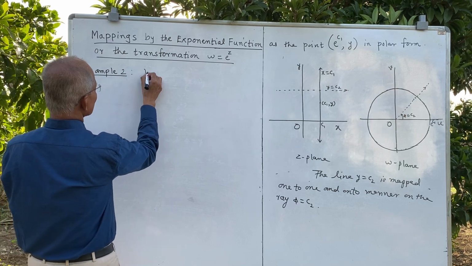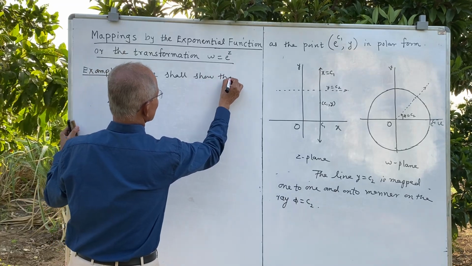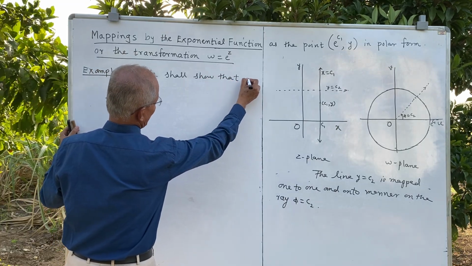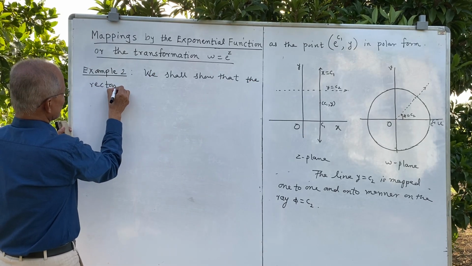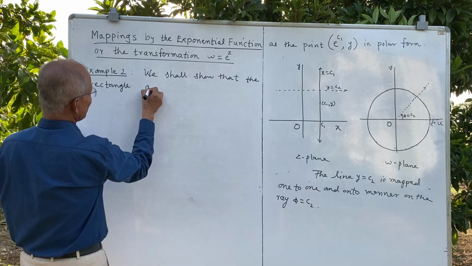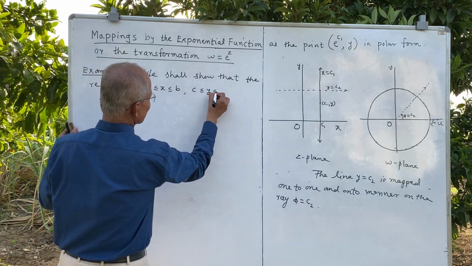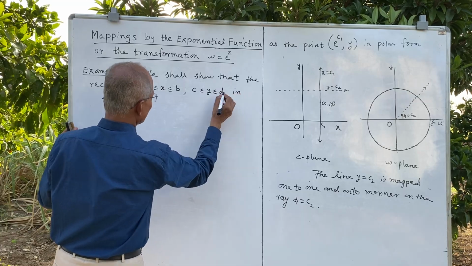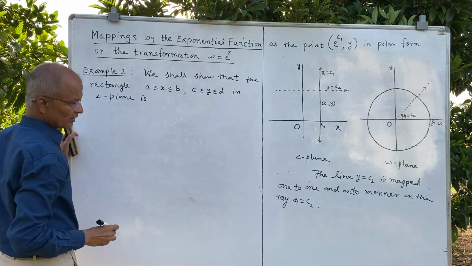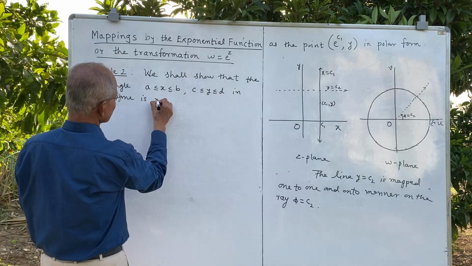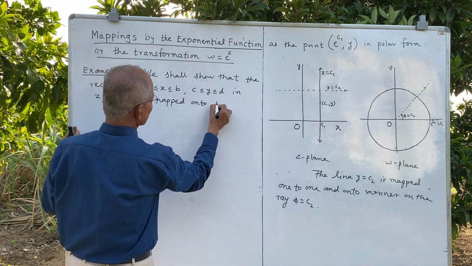See, we shall show that the rectangle a less than or equal to x less than or equal to b, c less than or equal to y less than or equal to d in the z plane is mapped onto the region